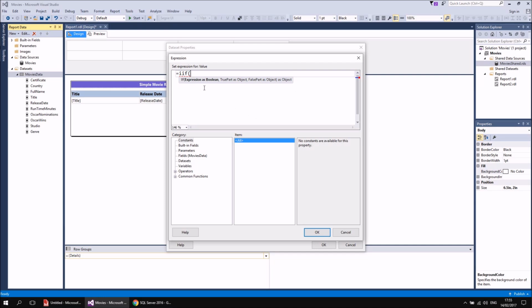So an expression, if you're familiar with if functions, this isn't particularly surprising, but expressions are logical tests. So I want to test if the film Oscar wins column is greater than 0. Now, I can insert that using the expression builder, and we'll talk a lot more about this in a later video, but I could just head to the fields list here and simply double click Oscar wins. Alternatively, I can start typing it in, and again, it's when you start typing in expressions where things become incredibly helpful. If I get to the point where I've typed in fields, followed by an exclamation mark, I get a lovely little IntelliSense list that helps me to work out what to do next. So I can choose Oscar wins from the list and then hit the tab key to get that typed in,